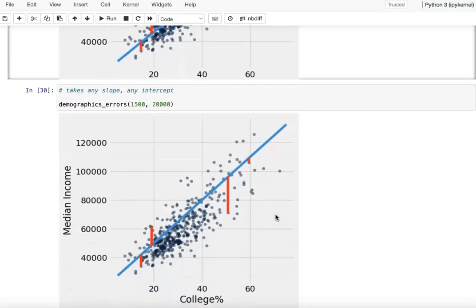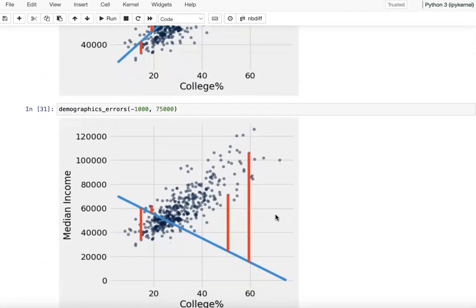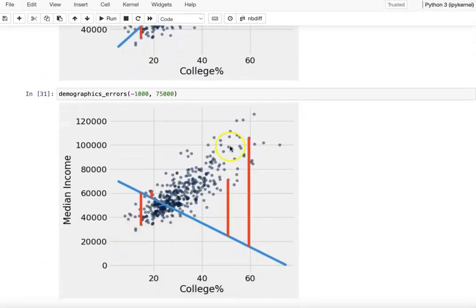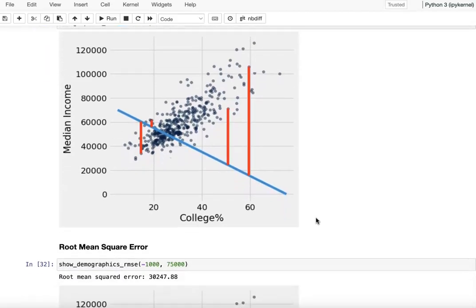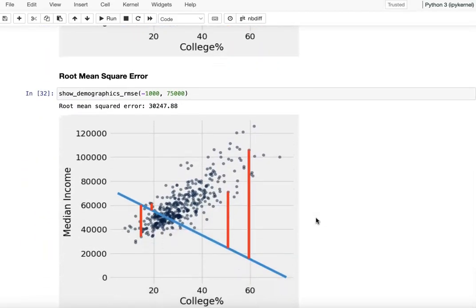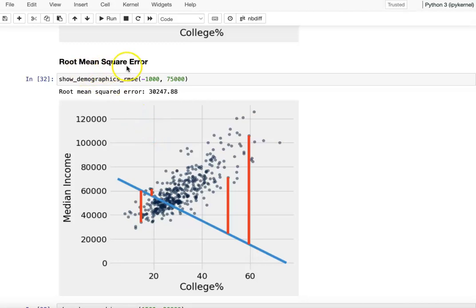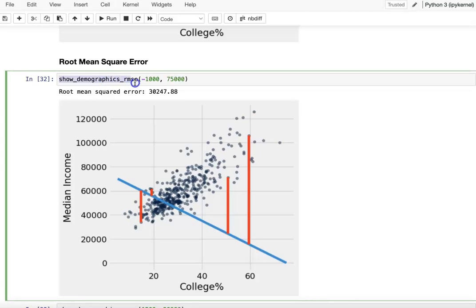So that's why, yeah, of course we can do even worse. We change the slope, supposedly it is positive, but let's see another, negative regression line. So of course you did have much bigger error, but we need to use a number to represent it, right? So that's why we define our root mean square error. Then we can calculate our root mean square error by passing your slope and your